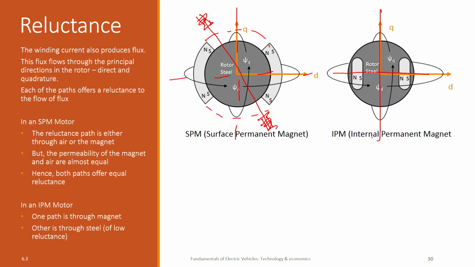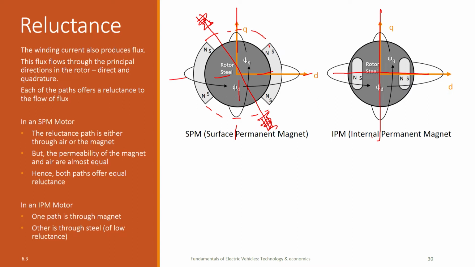Whereas in the d direction there is steel to a certain part of the diameter, in addition some portion of the path is equivalent to air because it is magnet, and air offers far greater reluctance and a magnet also offers far greater reluctance than steel. So, what we will find is that the reluctance along the d axis is much higher than the reluctance along the q axis, and we already know that the reciprocal of reluctance is called permeance, and permeance multiplied by n